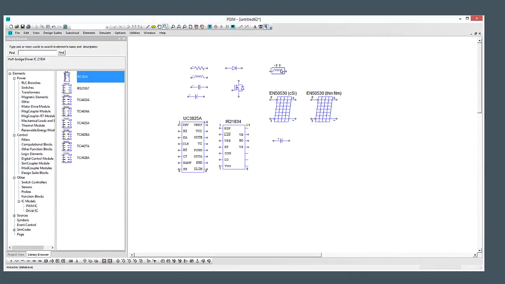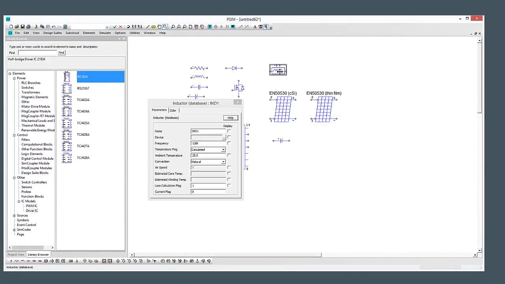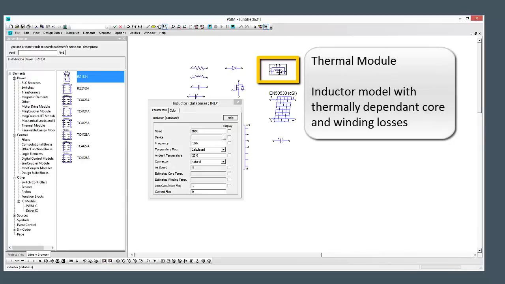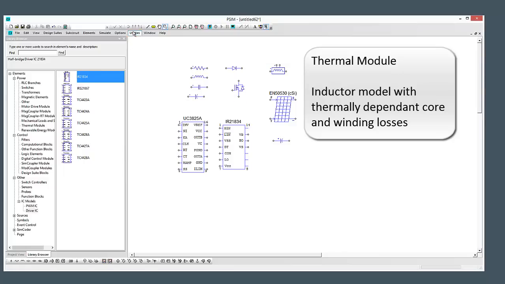The next thing to comment on is this inductor model, which is in the thermal module. What this thermal module does is there are 2 nodes at the top here, and these are giving us thermally dependent copper or core and winding losses. To edit those, just go into the device database editor here,